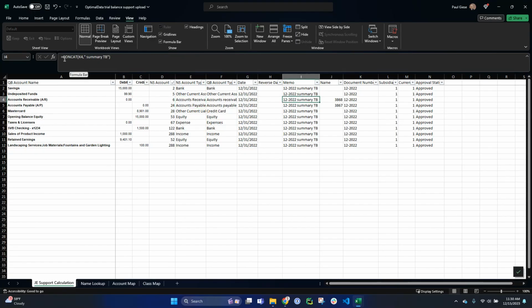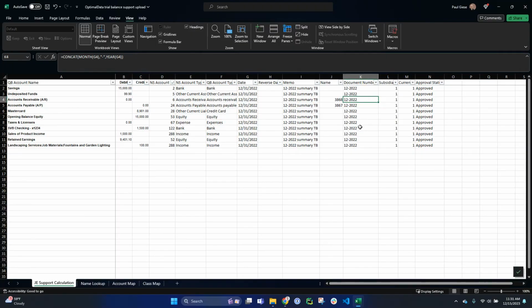I've also concatenated, I'm using a formula for the memo, which you can tweak if you want for your own purposes, and then same with the document number. The document number, or you can set that as the external ID, is only going to be required if you're going to load multiple entries at once, which is what I would recommend after you've loaded your test entry, because that's just going to make it a lot easier for you to